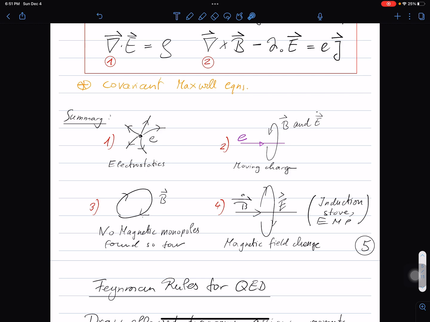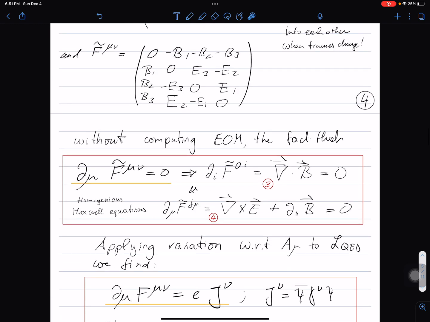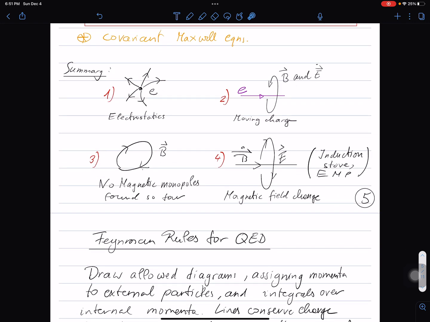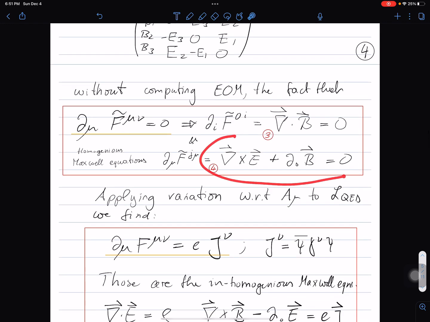Finally, equation 3 here from the homogeneous Maxwell equations, the divergence of B is 0, implies that there are no particles in nature that lead to divergent magnetic fields coming from them. That means we haven't found any of those so-called magnetic monopoles that act as regions where magnetic field lines diverge. That doesn't exist. So they always have to run in closed loops because of charge motion.